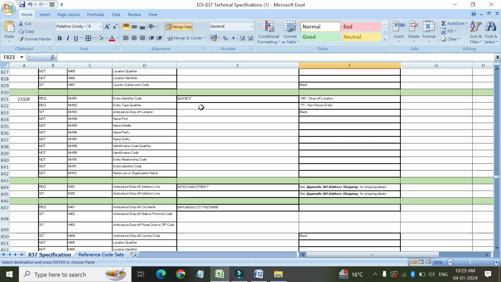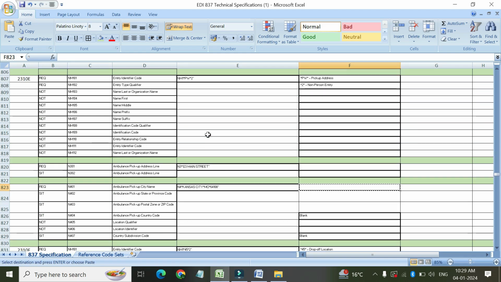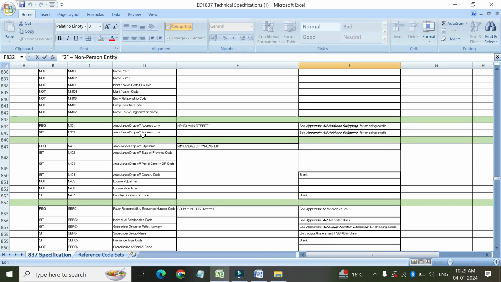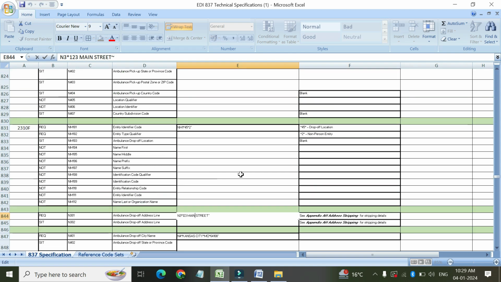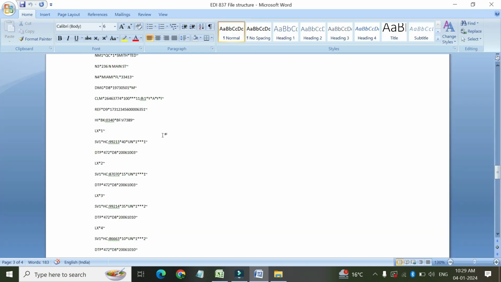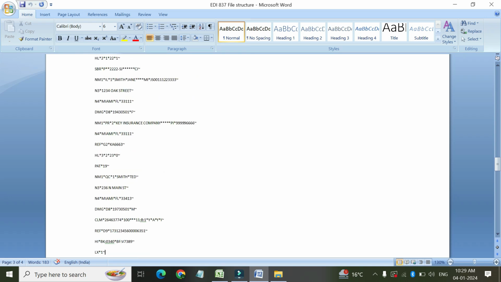Loop 2310F, same as loop 2310E, but it contains drop-off information. So 45 is the code for drop-off, with non-person. N3 contains the address where the patient was dropped, and N4 contains the city, state and zip code. So guys, with this we come to the end of loop 2300 and the subloops like 2310 A, B, C, D, E, F. I hope it is clear, and if you have any